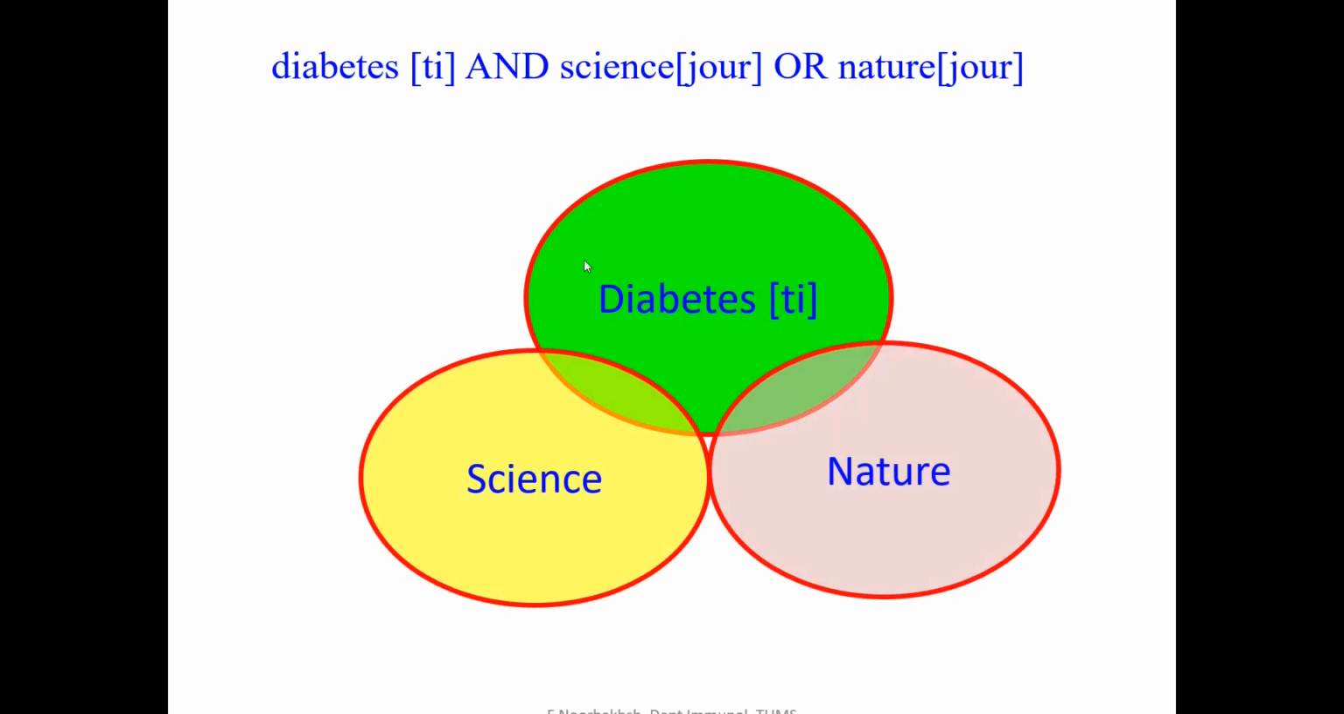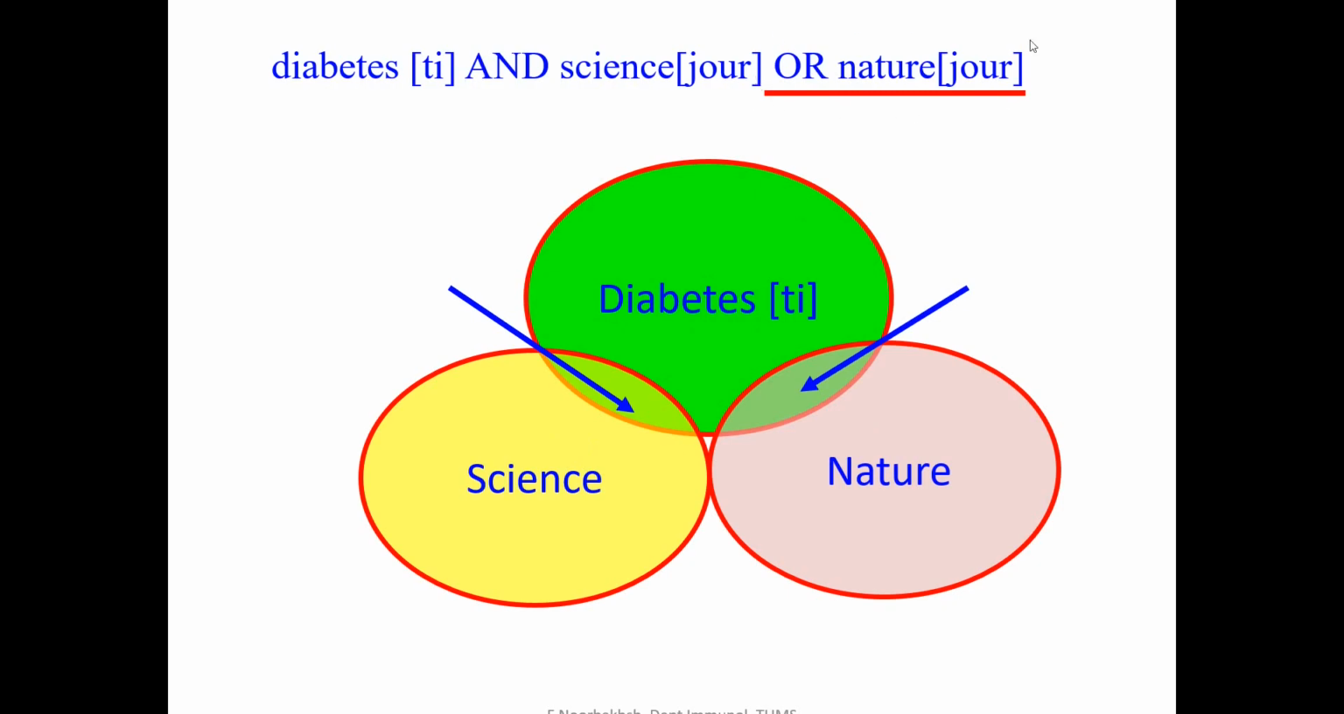So what happens is that we have three sets. One set is the set of articles that have diabetes in their title. Then we have a set of articles that have been published in the journal Science, and then we have the set of articles that have been published in the journal Nature. What we have in mind is that we are looking for articles that have diabetes in title and they've been published in Science or Nature. But the problem is that this part